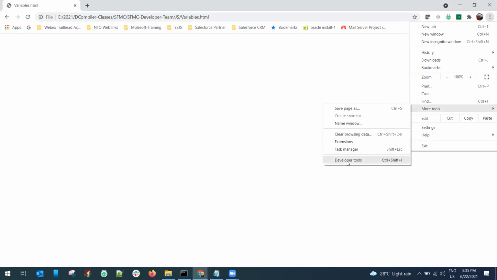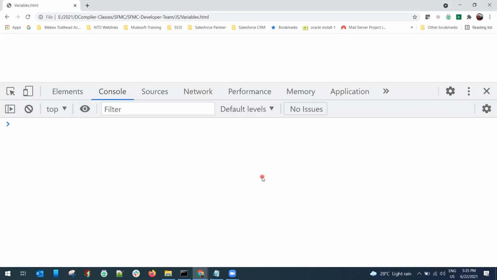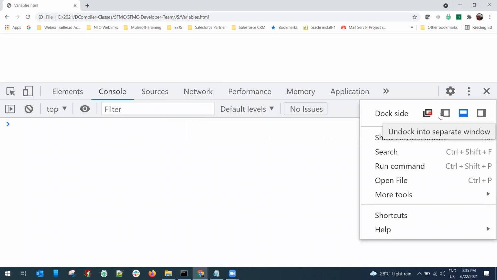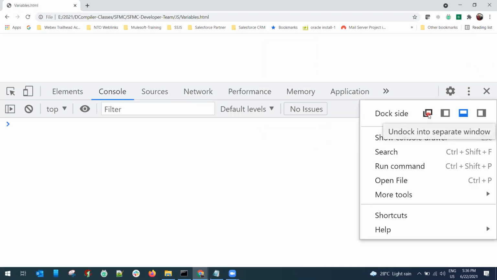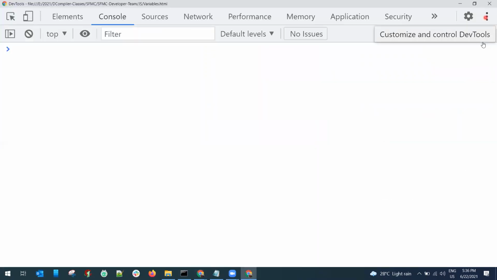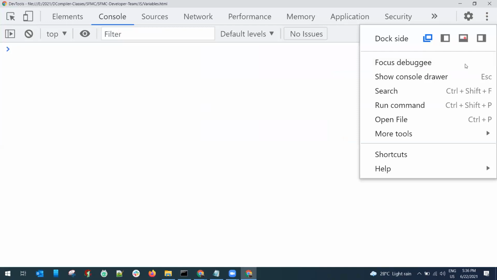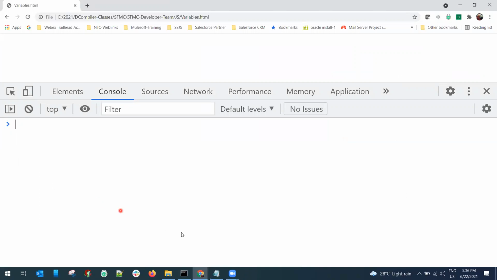Developer tools, and here I would like to have this. So this is the white area where you will see your HTML output, and here is the console. If you don't see this, you need to make your necessary settings here, or you can use this dock side. It can be on the left hand side, down, right hand side. Some people use it on the right hand side. I preferably use it on the bottom, or you can separate it like this. Separate it, dock it back. So you can write all your JavaScript here if you want to practice.